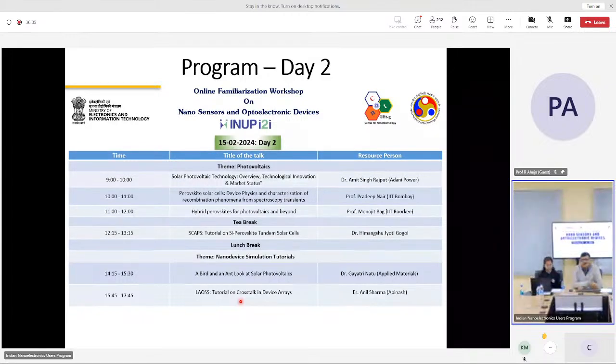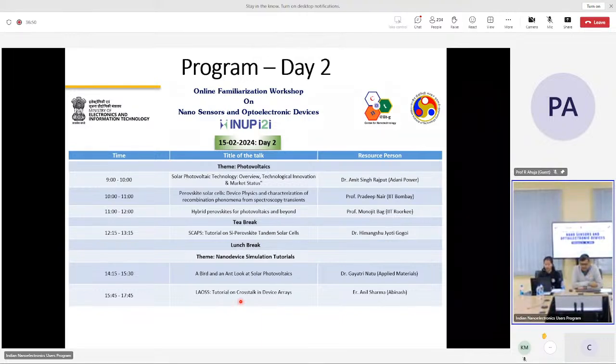So you can see a combination of softwares, a few lectures on the modern materials related to sensors and photovoltaics and optoelectronic devices. And then some software training is also given. Now for the software training, our project engineers will contact you, our team will contact you for the downloading of the software, for the installation of software at your end, and there will be a kind of a mock session perhaps today. I think that has been arranged so that tomorrow you don't waste much time and you are comfortable with the software and the tutorials that has been taught online. You are able to follow them